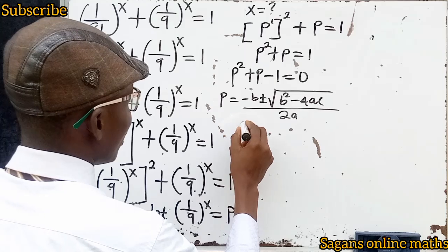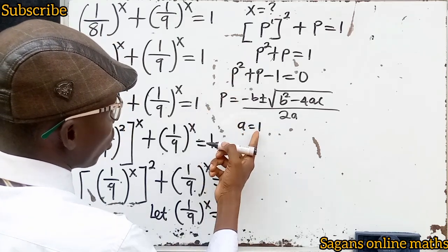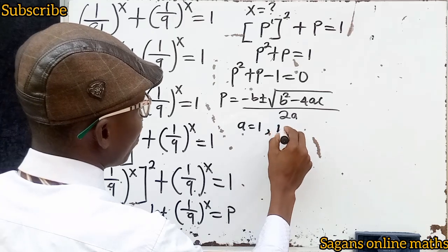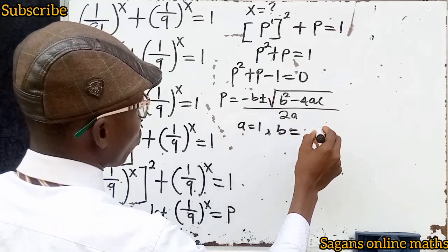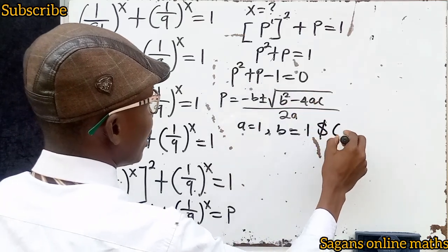Now we know that our a is equal to 1, because the coefficient of p squared here is 1. Then our b is equal to 1, because the coefficient of p here is 1. And our c is equal to